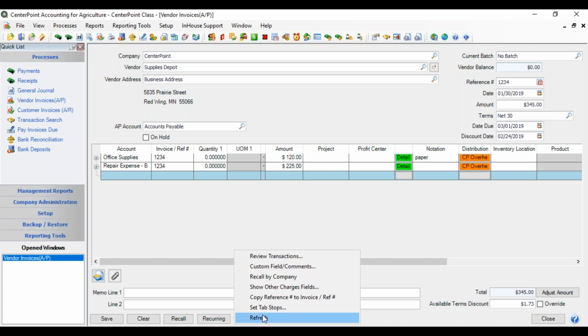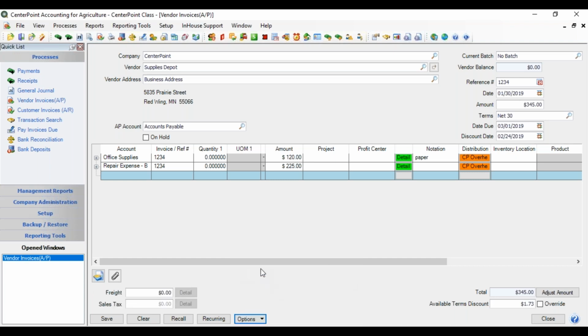If I click Options, there is a Show Other Charges field. And if you are wanting to track the amount of freight or sales tax on your different accounts payable entries, this is an easy way to do it. By choosing to display freight and sales tax, that will give me a way to just put those amounts in here. It'll always be there. And it is going to be assigned to the accounts that I set in my default